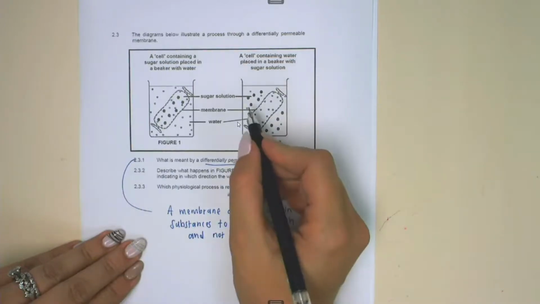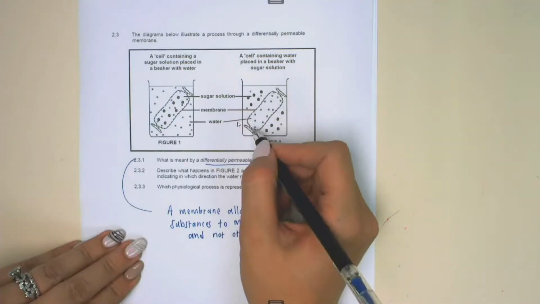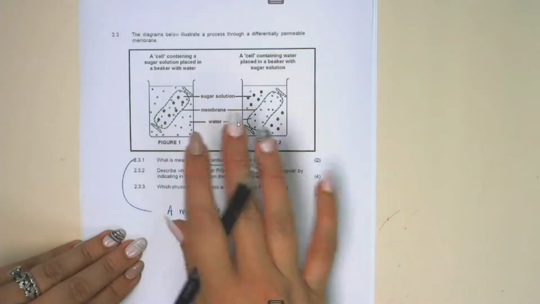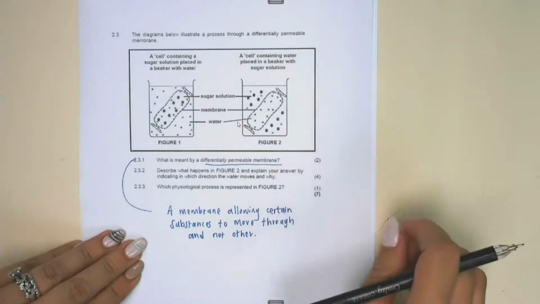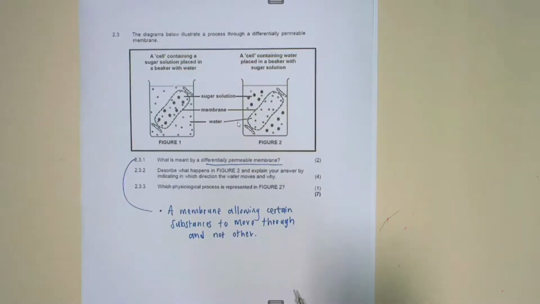So it's only going to allow certain things to move in and out. So it distinguishes between what is needed and important and what is not. Please make sure you understand what it means when something is differentially